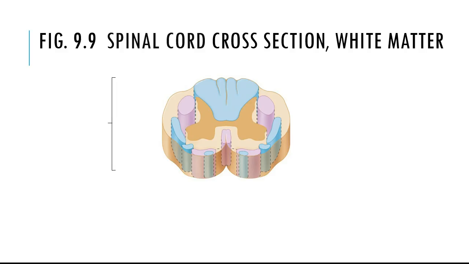I tried to briefly mention the terms ascending and descending. What do those terms mean? Moving up, ascending, and moving down, descending. And so in this image, it's just taking a cross section, a tiny little section of the spinal cord, cutting it and looking at it. When you do that, you have cut a bunch of nerves that would be either ascending or descending. And so the nerve axons have been cut off.